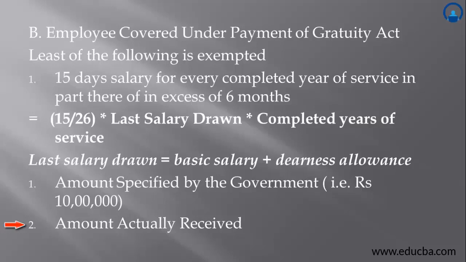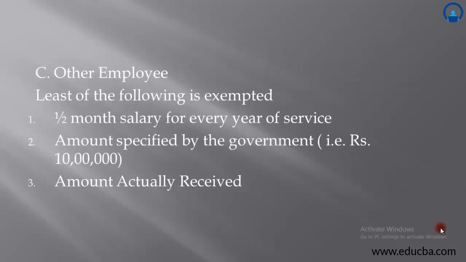And the third condition says amount actually received by an individual. Among these three, if the person is covered under the Payment of Gratuity Act, the least among them will be exempted from tax. If the person belongs to the other employee category, then the least among the following is exempted. The number one says half month salary for every year of service. Now, as compared to the payment covered under the Gratuity Act, the only difference here will be half month salary for every year of completed service, which means for 10 years and 8 months,